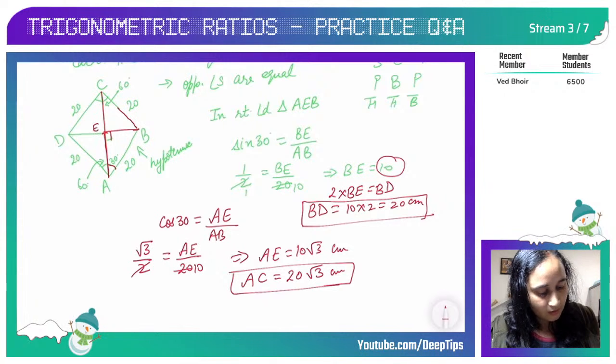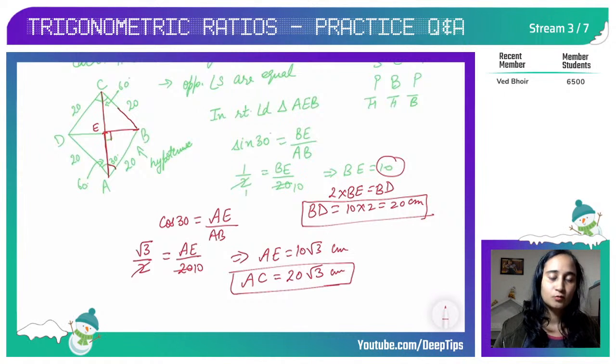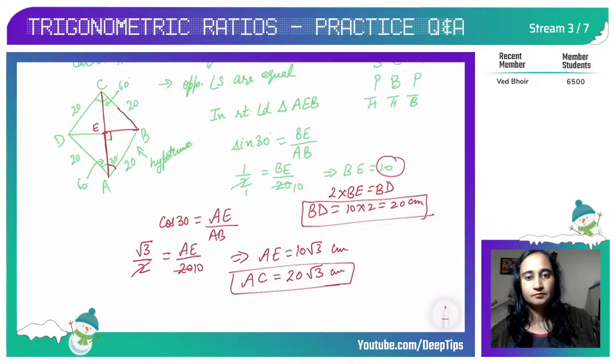AE and BE both were missing, that's why we could not use Pythagoras directly. So instead of Pythagoras, we used trigonometric ratios. I hope I made my point. Okay, yes,